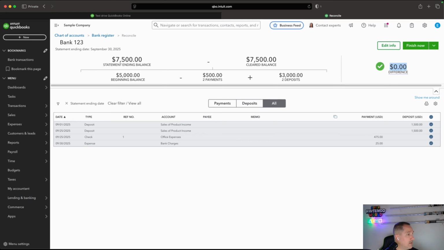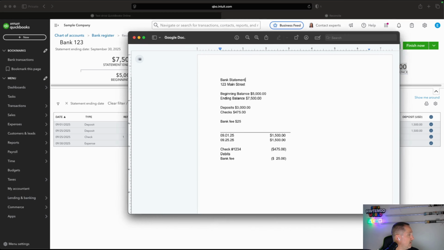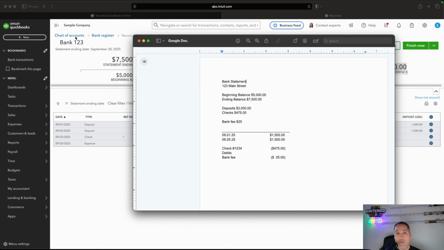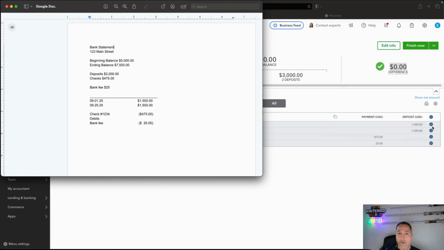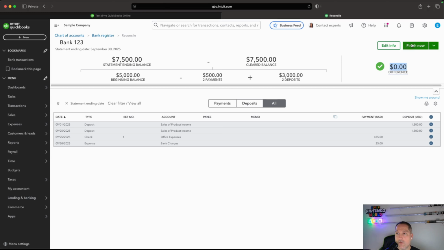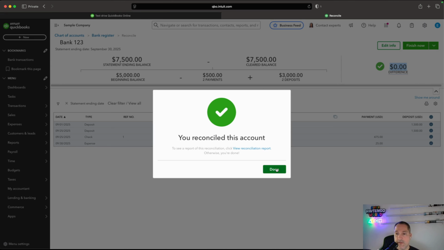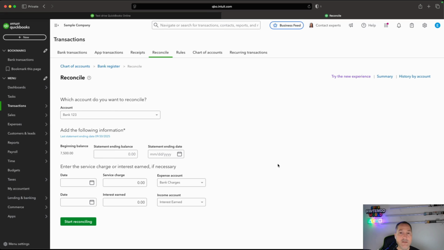And again, we can compare it to our fancy bank statement from our super important fancy bank. And we'll see we have the same information that's pretty much included on all bank statements. We're going to have the name of the bank, beginning and ending balance, deposits, which are receipts, checks and debits, which are disbursements. Very common stuff. Very common, basic, good information to know. We're now reconciled. We'll select finish. That account is going to show reconciled. Those transactions now are going to be